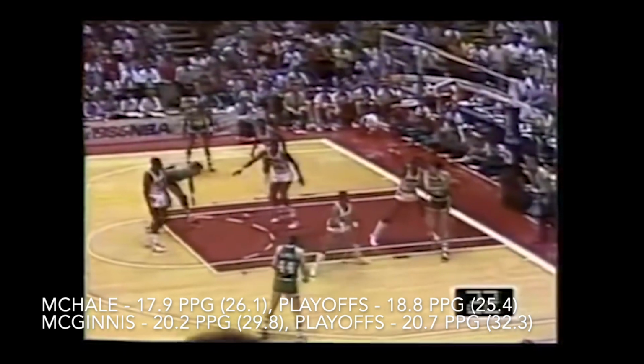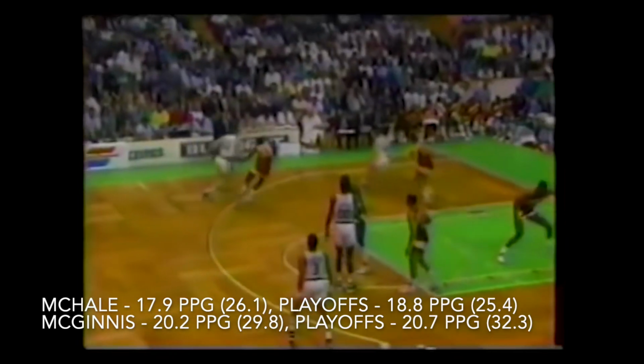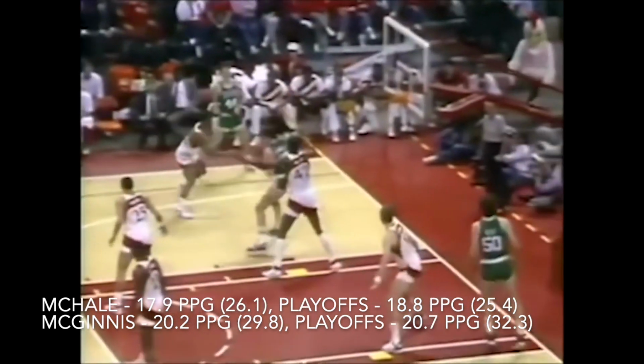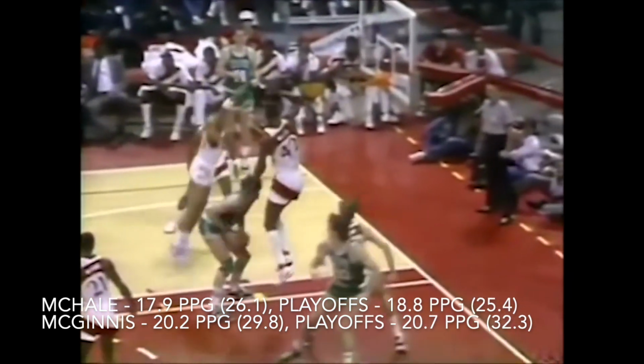In the scoring category, it's very interesting because although McGinnis had much better scoring stats on paper, we have to keep in mind that McHale played as a 6-man for half his career. Thus, the numbers are a bit skewed for him. So although McHale's career average is only 17.9 points per game, at his peak in 1987 he was averaging 26.1 points per game and doing it with insane efficiency too. In the playoffs is similar, although his career average is 18.8 points per game, it goes up to 25.4 points per game in 1988.